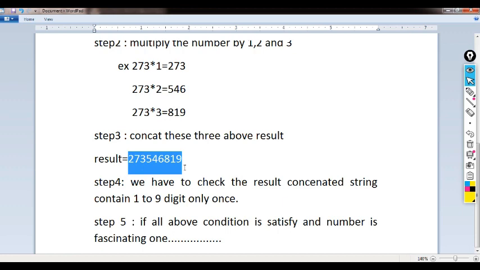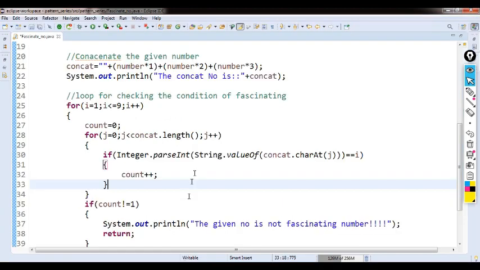If the count value is more than 1 or it remains 0, then we can conclude that the given string is not a fascinating number. Here we can understand it in the program.